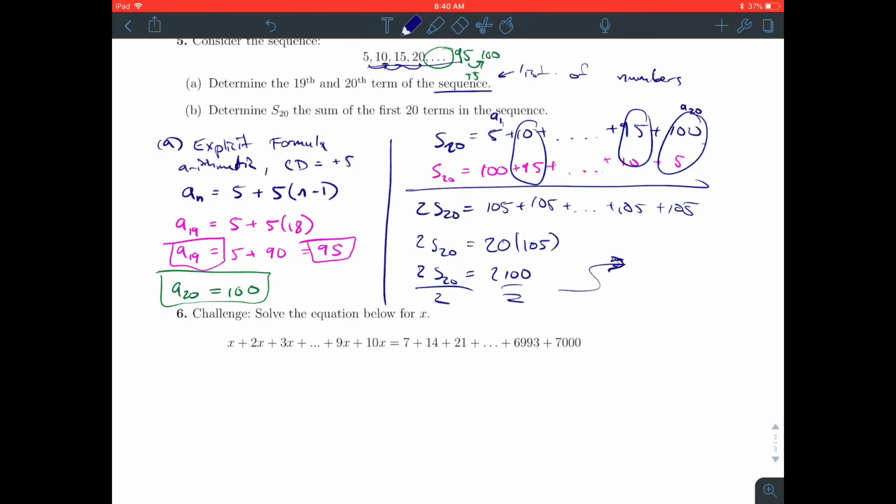Divide by 2. Thanks, Stephanie. S sub 20 is equal to 1,050. So we add up the first 20 terms of the sequence, we get 1,050. What's really nice about that is we didn't even need to find all the terms. So it's a major shortcut for us to be able to do this using the forward-backwards trick because we don't actually have to find all of the values in between. This trick forwards and